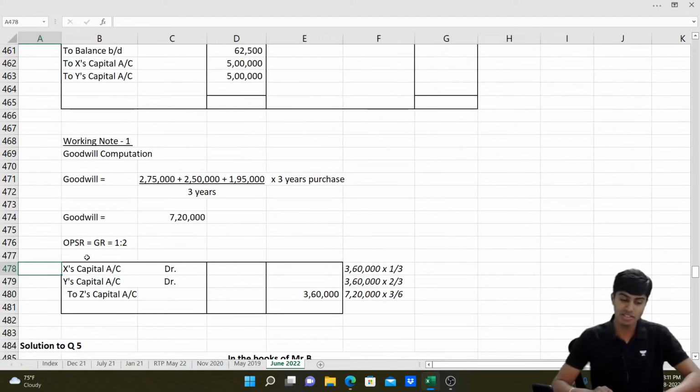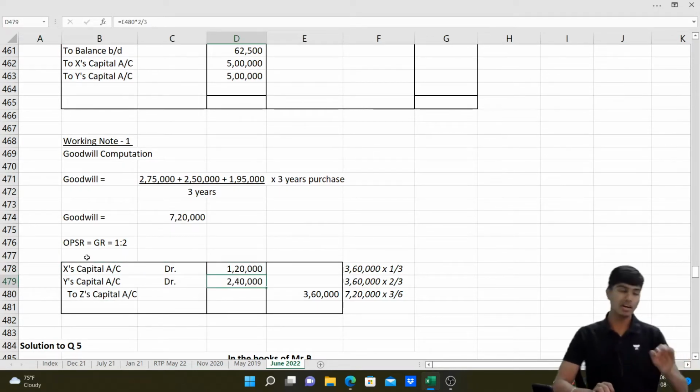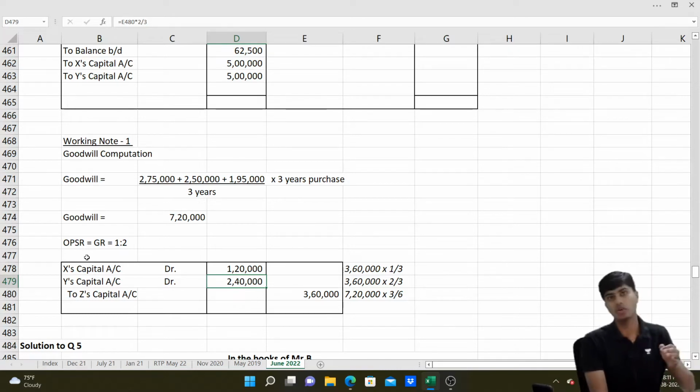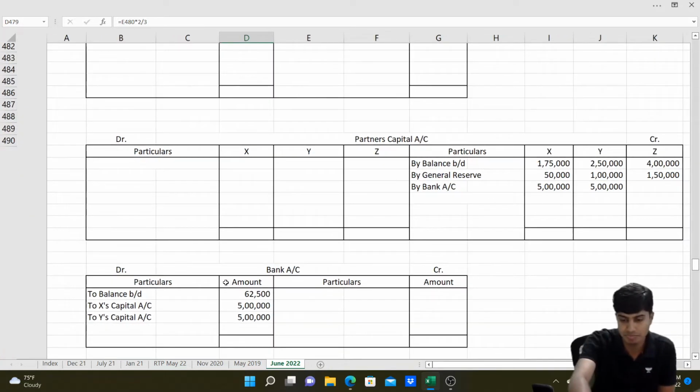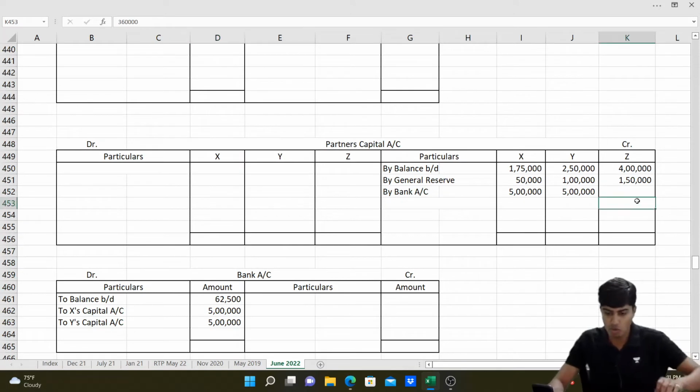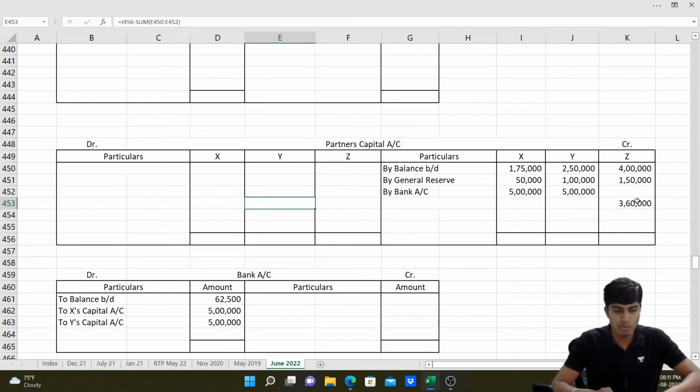So 3,60,000 into 1 by 3 and 3,60,000 into 2 by 3. That is the sacrifice, or the contribution to be made by X and Y. So it will be 1,20,000 and 2,40,000. 1,20,000 will go from X's capital account and 2,40,000 from Y's capital account to Z's capital account, summing up to 3,60,000. So now let me write in Z's capital account: for the goodwill adjustment, it should be credit 3,60,000, and in the books of X and Y, it should be